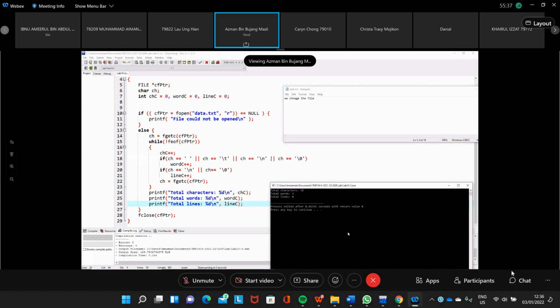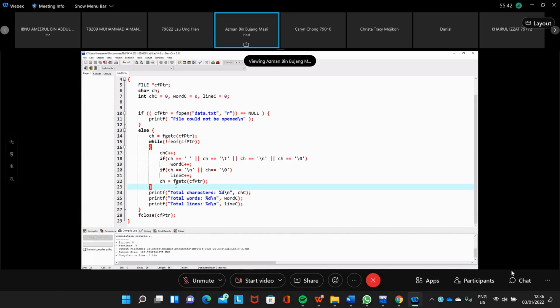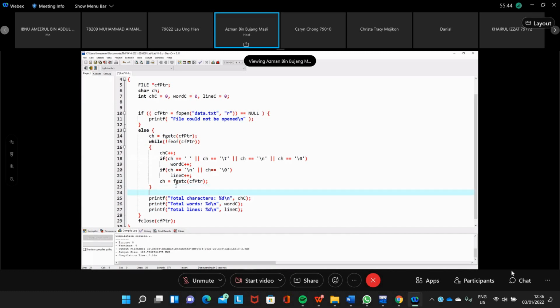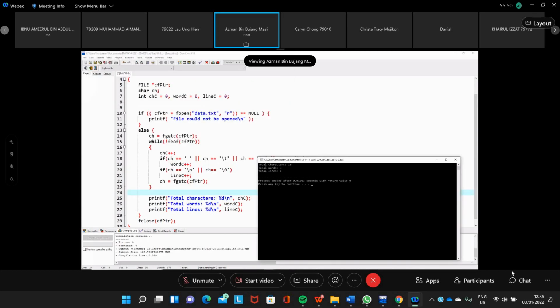So here we need to increase the line count after we get there. The total of words as well is not correct, isn't it? Because here we have 4 words, but we only got 3. So we don't count it correctly.